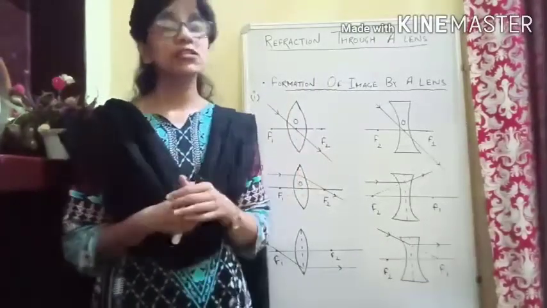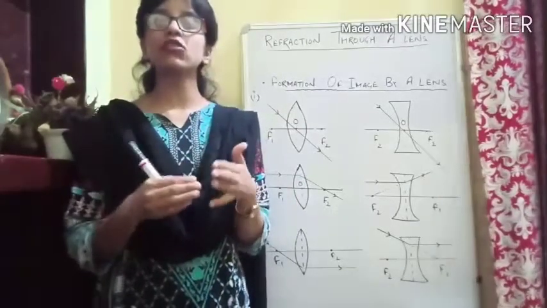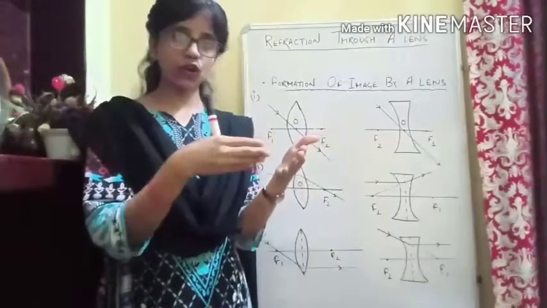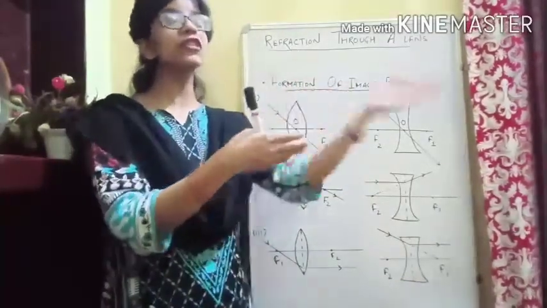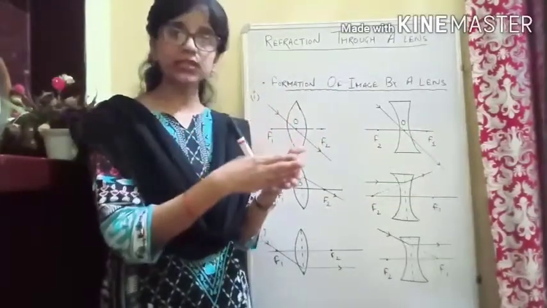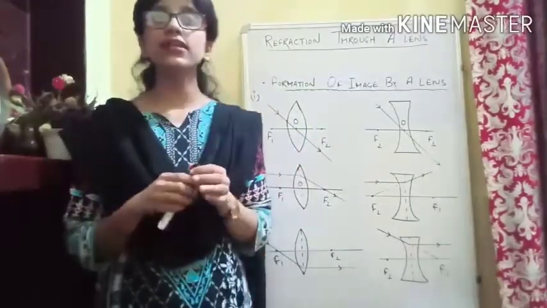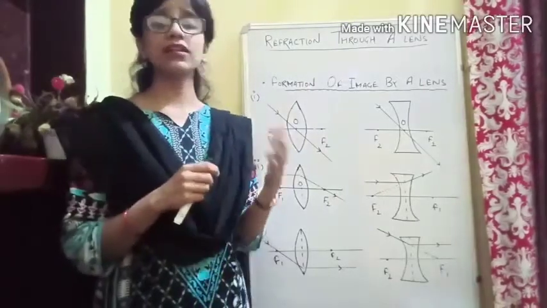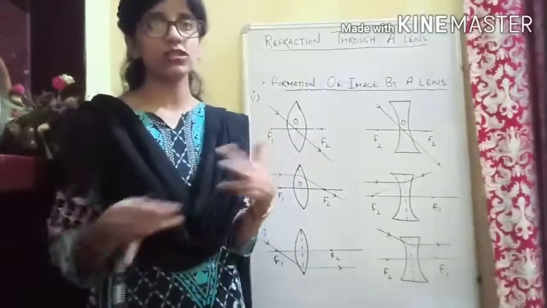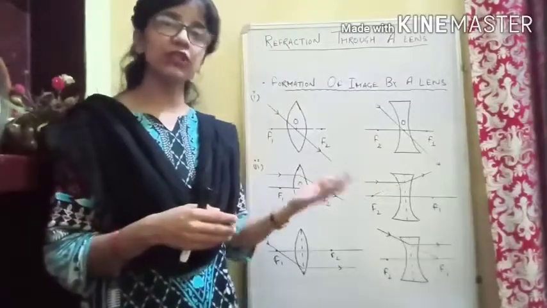So now which two rays are we going to take? Of course, the two rays which we take, we should know the path of the rays after the refraction, like when the rays are coming out from the object and passing through the lens, where will they meet? As you all know, where the rays meet after refraction, there only we will get the image. So there are three set rules. First, we have to take only two rays. It is sufficient that we take two rays and draw the diagram.